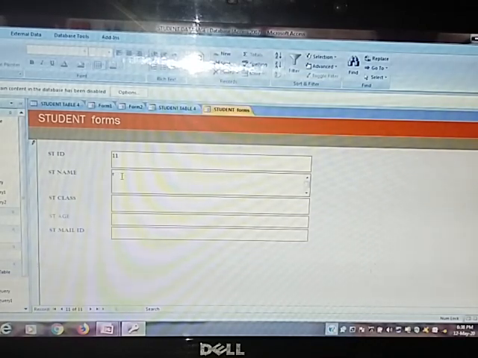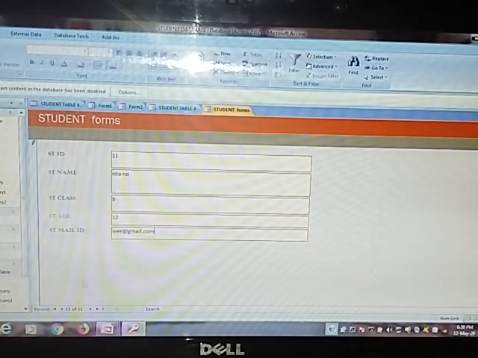We write here Rita Rai, class 8th, age 12, email ID at gmail.com. So that means 11 of 11.